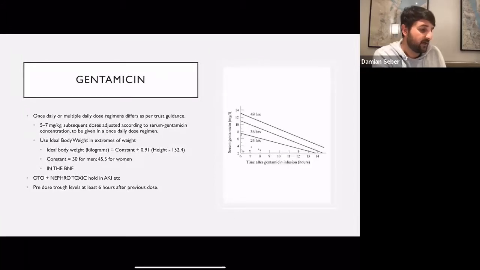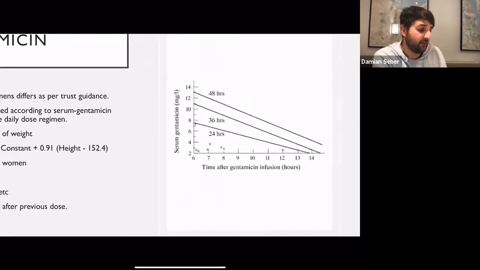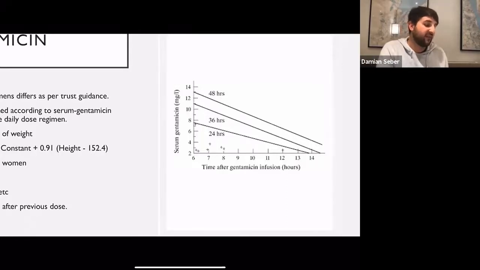There we go. And then you'll become familiar with this as well. This is the graph which shows how your dosing should be for gentamicin. You can't take the blood test until at least 6 hours, because that's when the graph starts. So once you give their first dose of gentamicin, you have to wait at least 6 hours before you take a level. And then, say at 8 hours,